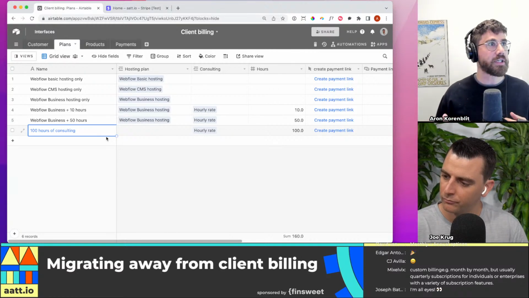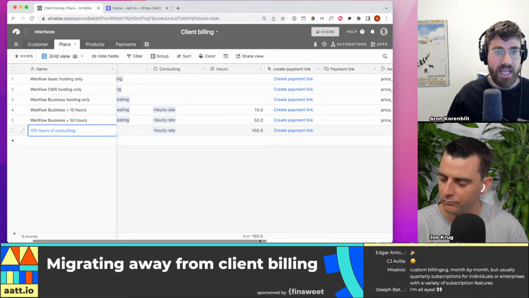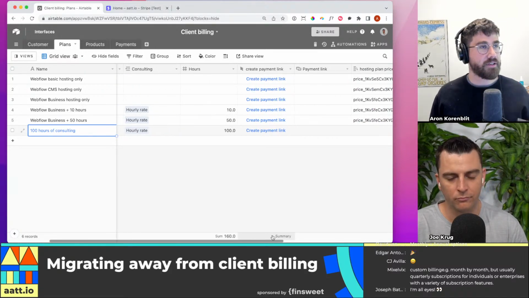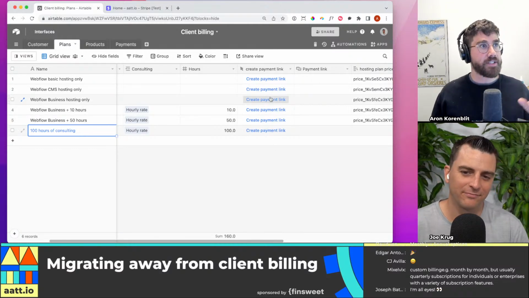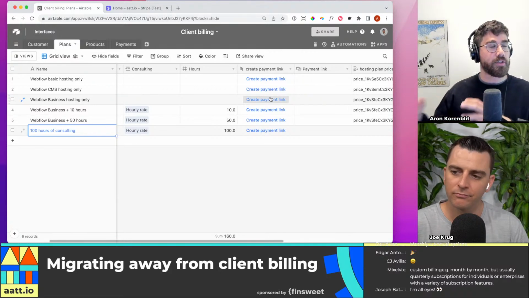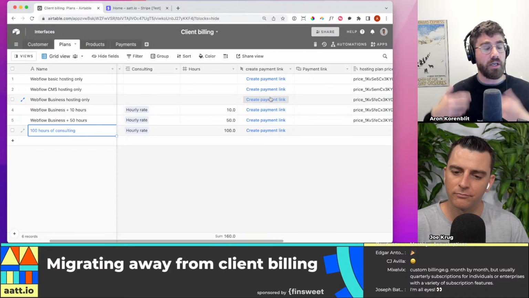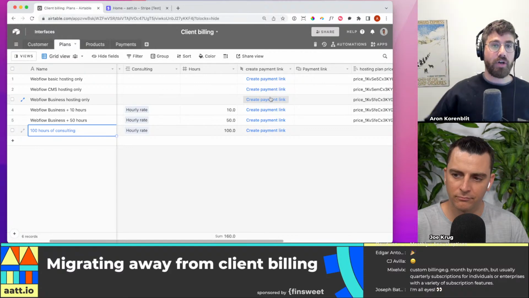So there's a flexibility here that you're just saying these are the things that we sell and we package them in this way. Now, my idea here, and again, Joe, keep me honest, is for each one of these plans, let's create a payment link. Now, payment links in Stripe is a hosted portal where a customer can come in, enter their information, and pay you that plan. And it works both on one time and recurring billing.